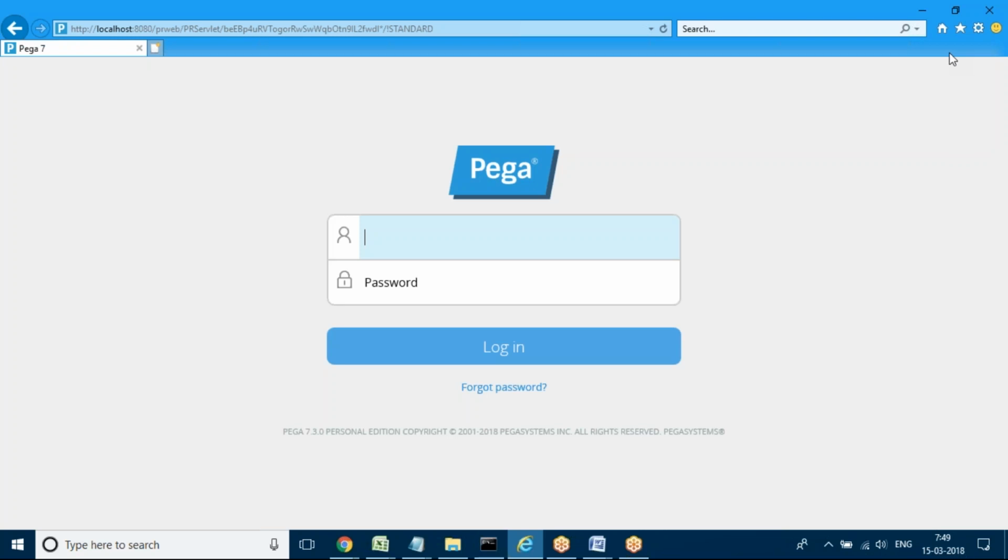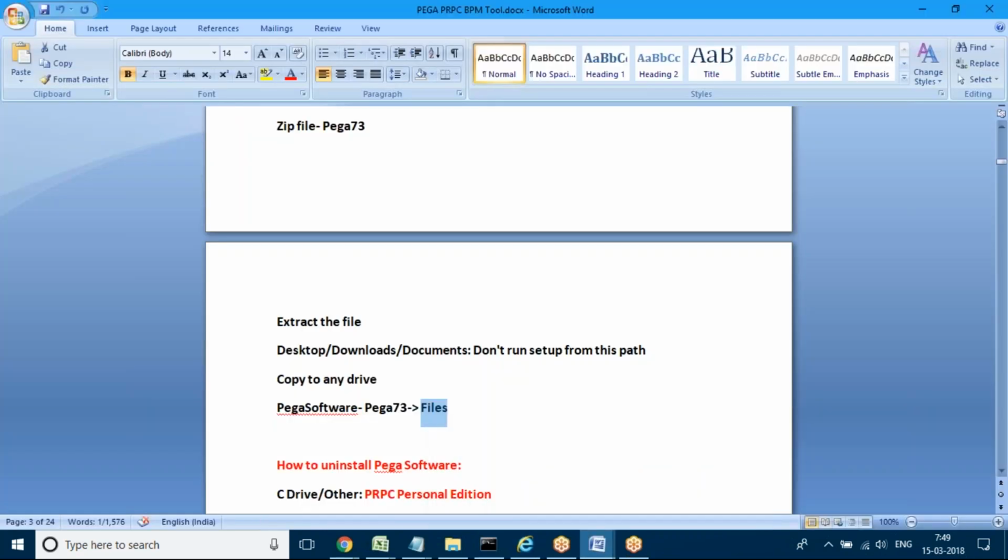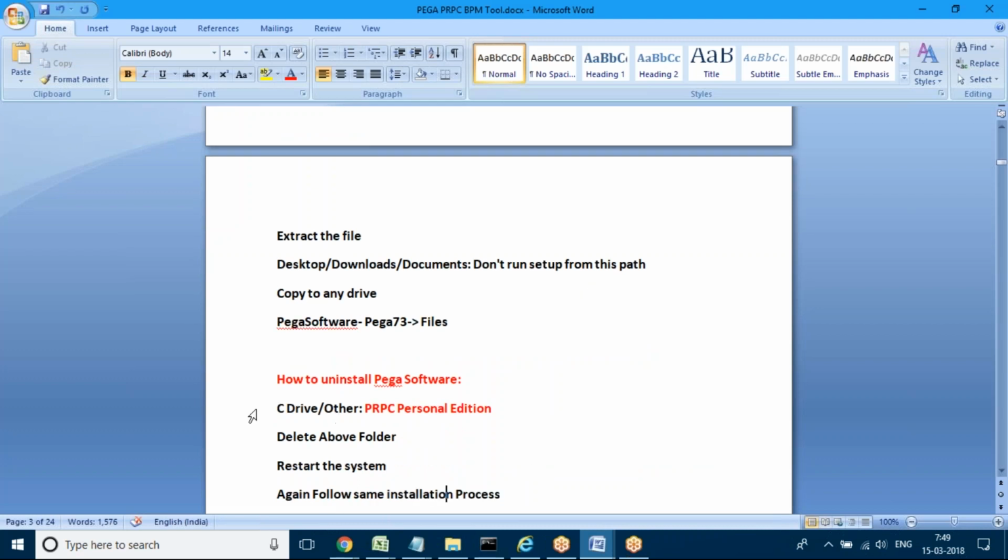So here in Pega, how to uninstall an application? Uninstallation generally we do from program files and all. But in Pega, in order to uninstall the software, not only this time, suppose in the future, sometimes due to a system crash or something, you are unable to open the Pega application, in that case we have to uninstall the software and again reinstall. What is the process to uninstall the Pega application? No need to go to any program files. Whatever Pega files we install will not be added under the program files. Everything will be saved under the directory.